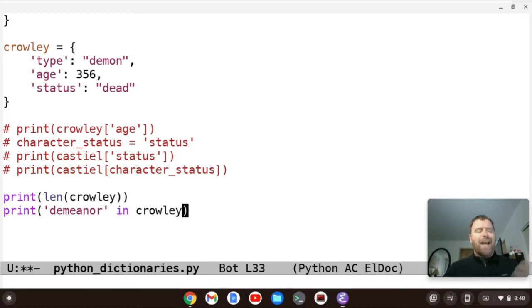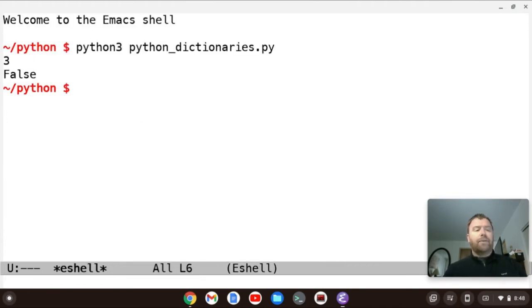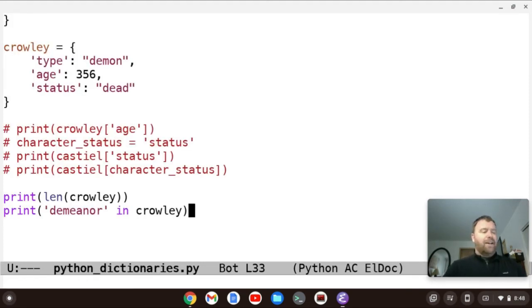This is more like a check. Is the key demeanor in Crowley? And what's going to happen is it's going to print none. Okay. So I'm going to save it, and then I'm going to run eShell, and actually it prints false. Sorry. So yeah, it's not in the dictionary. Okay. All right.